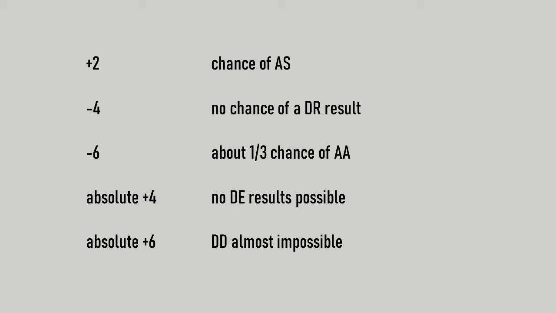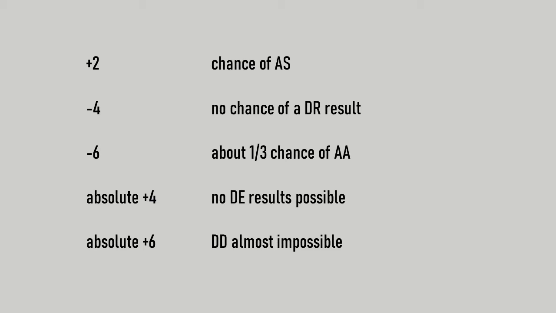That's really useful at the beginning of a mobile attack. If the other person is attacking with a panzer and they're going to have 8 movement points left after the attack, an attacker stopped result potentially stops 4 more attacks by that panzer. If you can push the relative numbers down to -4, then you eliminate DR results. If you can push them down to -6, you create about a 1 in 3 chance of an attacker attrition. Obviously, the attacker shouldn't be attacking if you've got a chance of pushing the odds down to that, but